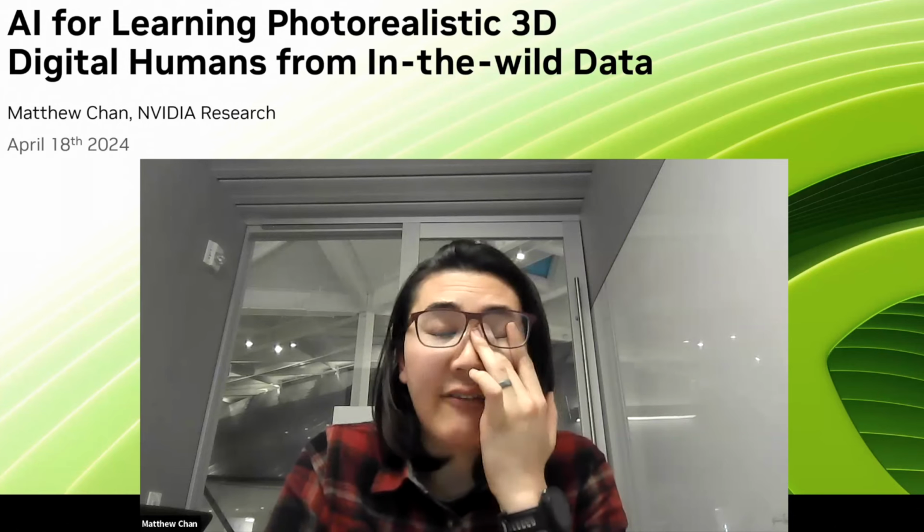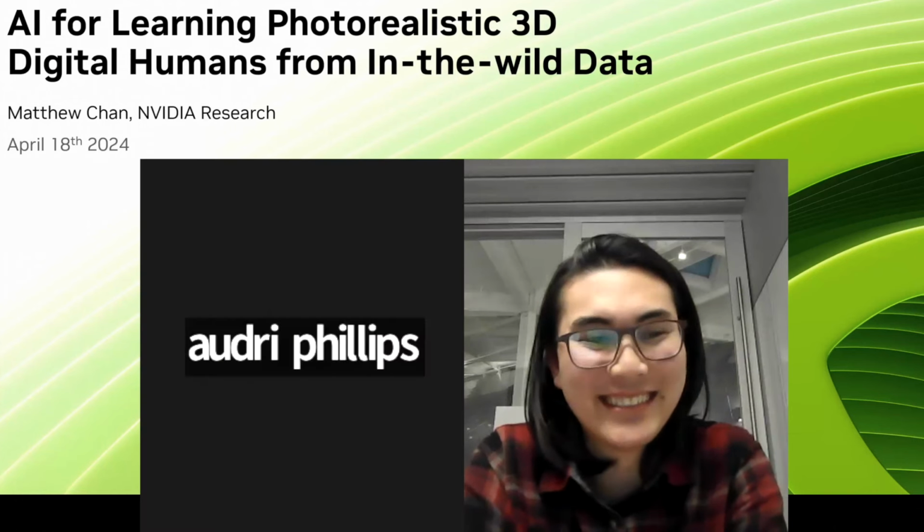So for instance, the pixel codec avatars from Meta use an actual animatable mesh, and they transmit codes that animate that mesh instead. It looks really good, but that requires that you create your mesh, which is difficult and expensive. We don't, and it's definitely ongoing work. We're doing a lot of work on that. But I agree, if we could take these objects that we've created from these 2D images and drop them into Unreal or somewhere else, that would be great. It would be amazing. It would be wonderful.